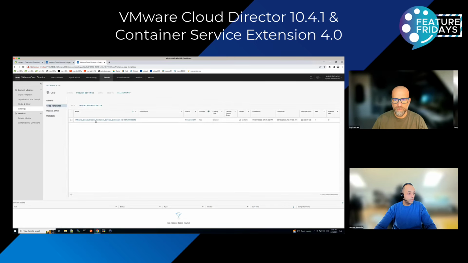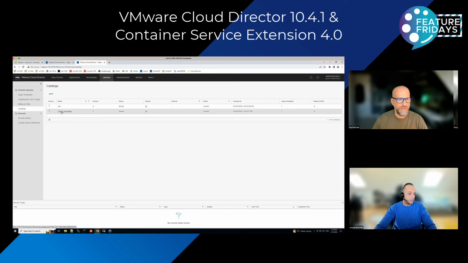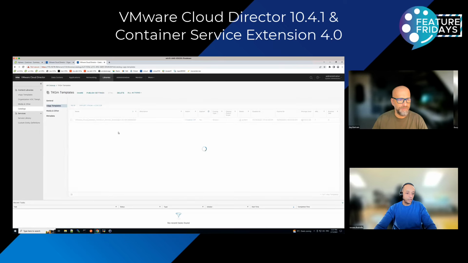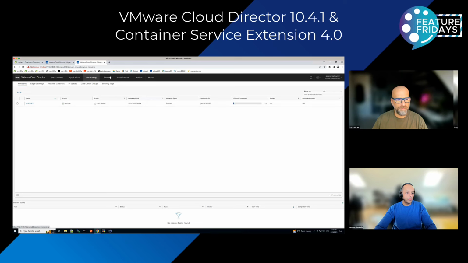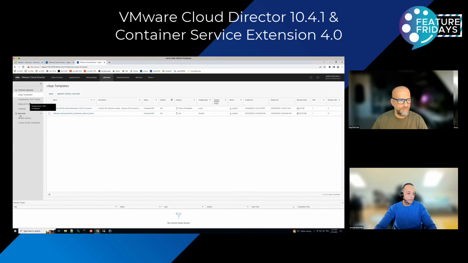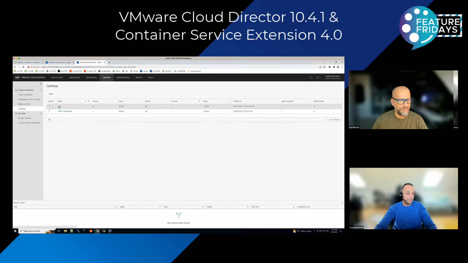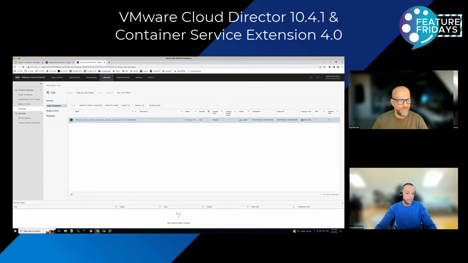This is the CSE server OVA, and this is the step that tells you that you have to do. The other catalog doesn't need to be shared. What needs to be shared with the other tenants is the TKG templates. This is where I have my Ubuntu image uploaded, and it is shared with my tenants. So this is from the CSE perspective. How you start is you go to your catalogs, for example CSE, then from the VApp templates, you create a VApp from this template. You'll go through a workflow of deploying the VApp.